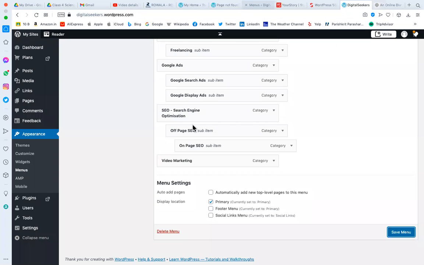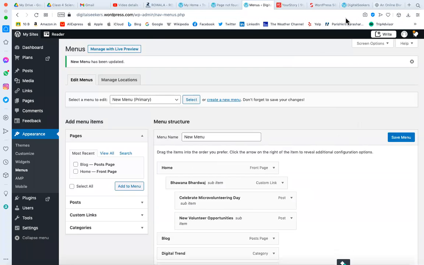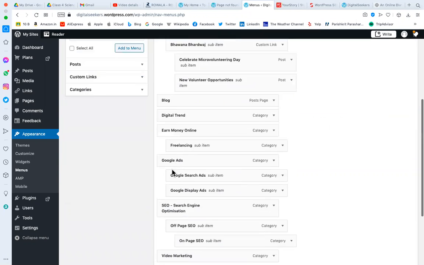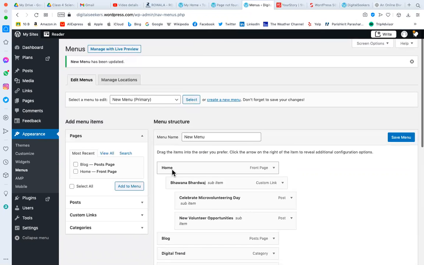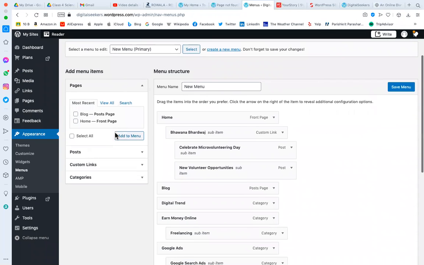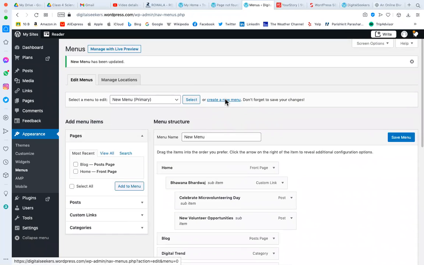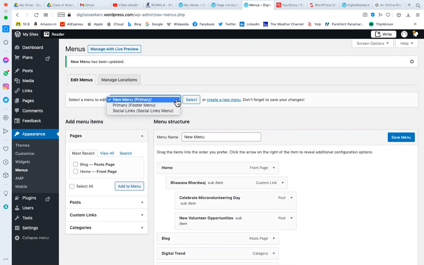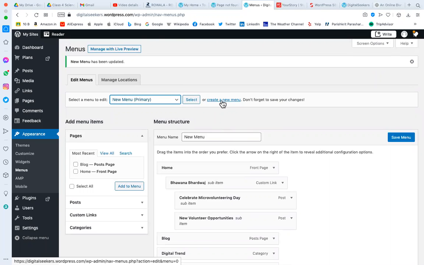Okay, no worries. So here we can see how you can create a category. So you can create home. These are the categories you can create. First and foremost, go and create posts, pages, categories, decide the link, decide what kind of menu you want, and then you will go to Appearance, go to Menu, create new menu. Either you can create a new menu or edit an existing menu. If you want to edit an existing menu, you can select it from here.